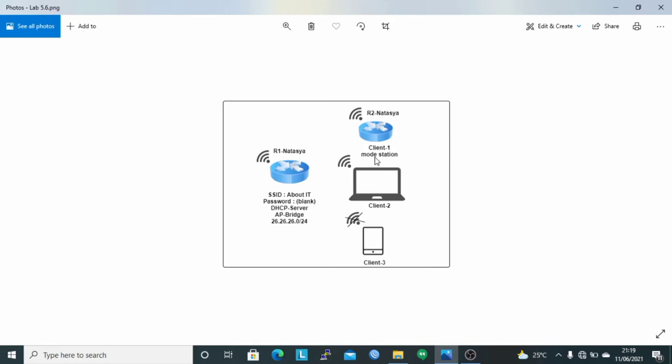Client 1 is a router using the mode station, client 2 is a laptop, and client 3 is my handphone.